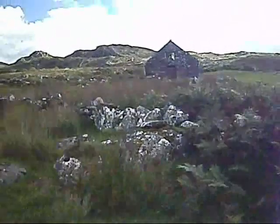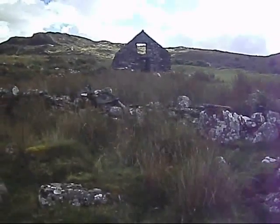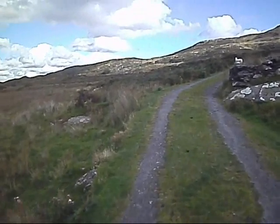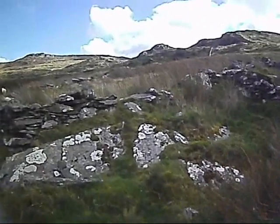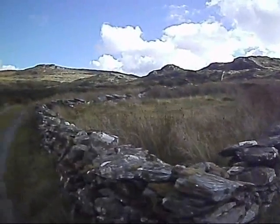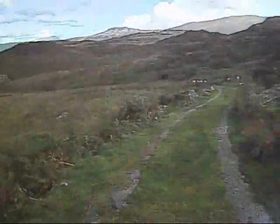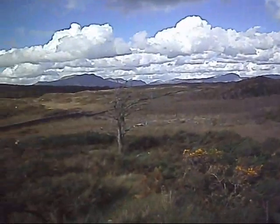And there it is, a long deserted farmhouse. I go off here for a little bit further, and then I'll climb steeply upwards for about 500 feet or so. Yeah, we're entering the wilderness of the northern Rhinogs,